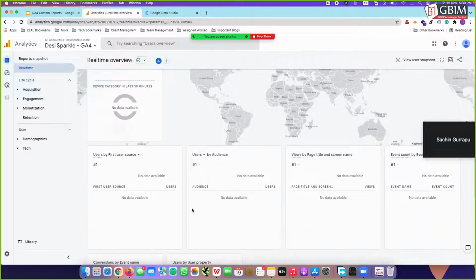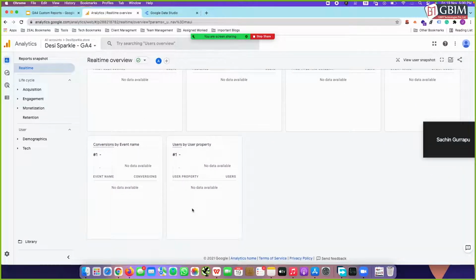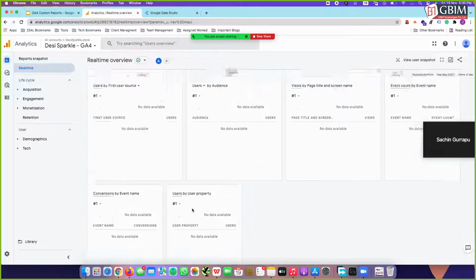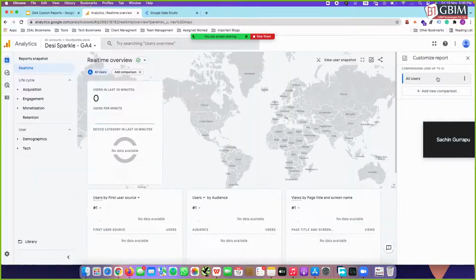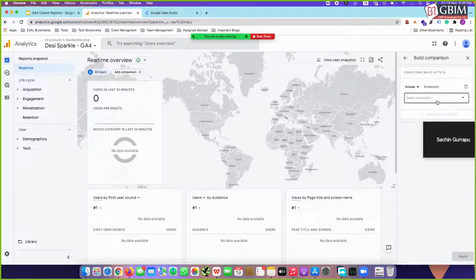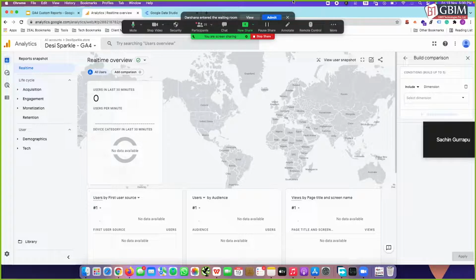These are the basic cards that are available over here by default. And then as per your convenience, again you can go ahead and add comparisons over here. Here you're comparing one value with different values. This is basically a comparison. You can add cards, you will get proper data for each thing you want, but it would be shown as if it is a comparison for different things over here.